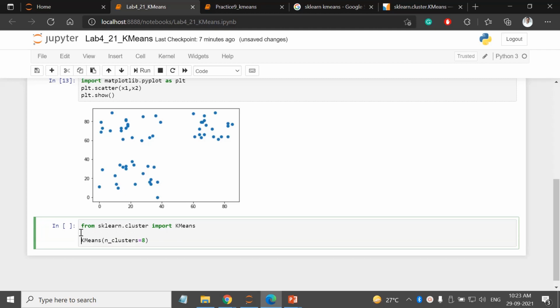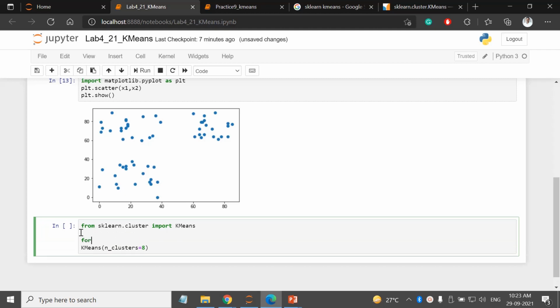I mentioned the elbow method yesterday: you have to write a for loop for i in range. We have to start with one value, the minimum value of k should be 1, so I'll be going from 1 to 20.